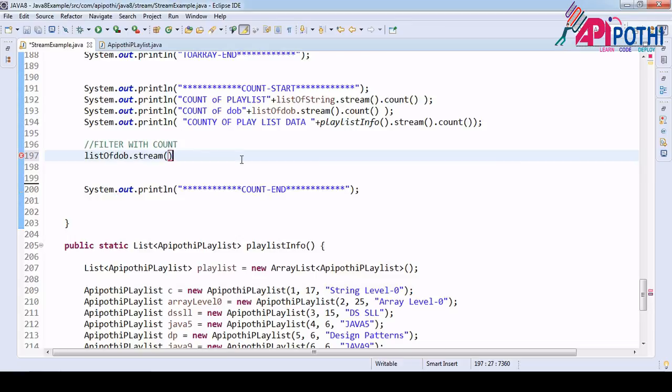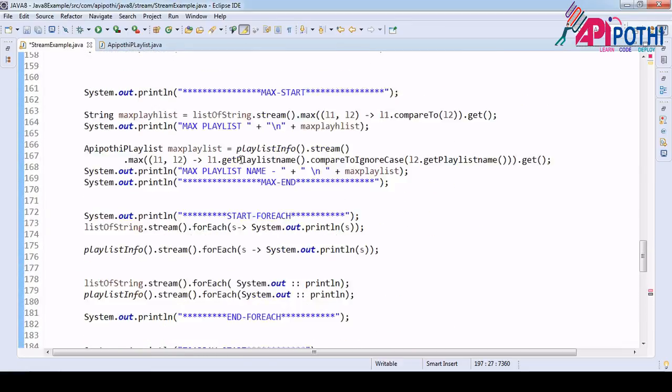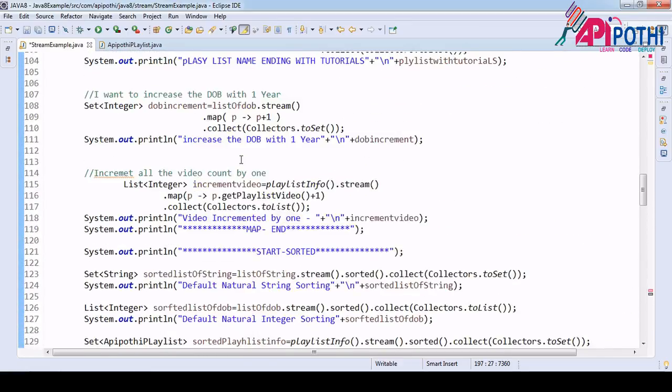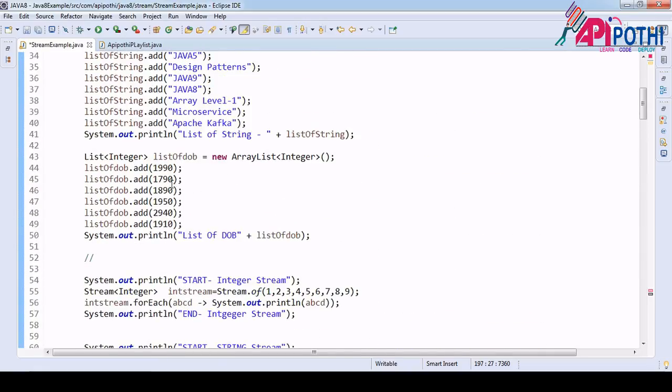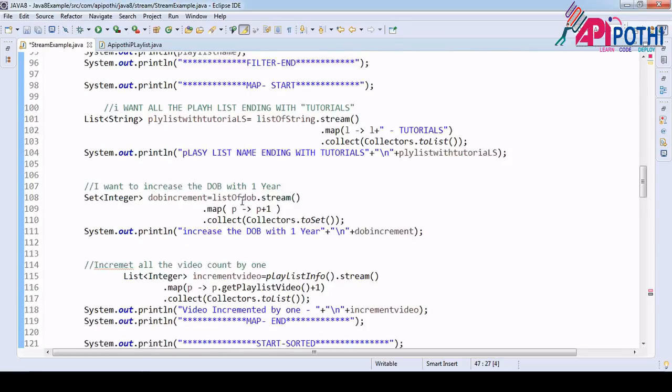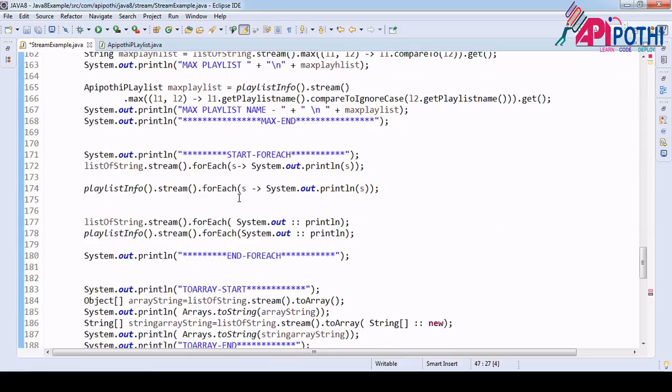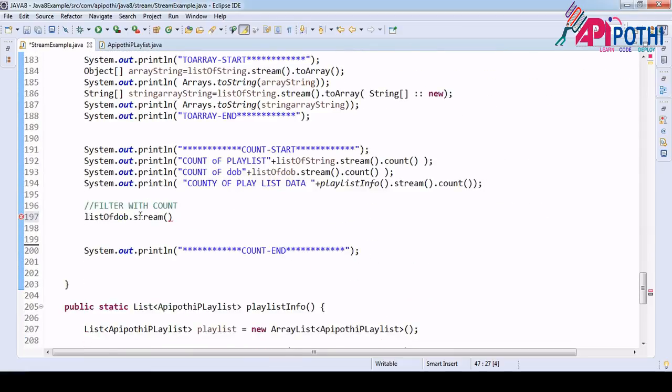Okay, and what you want to do is you want the date of birth which is greater than, what is the date of birth? We wrote many codes. Greater than 1950.